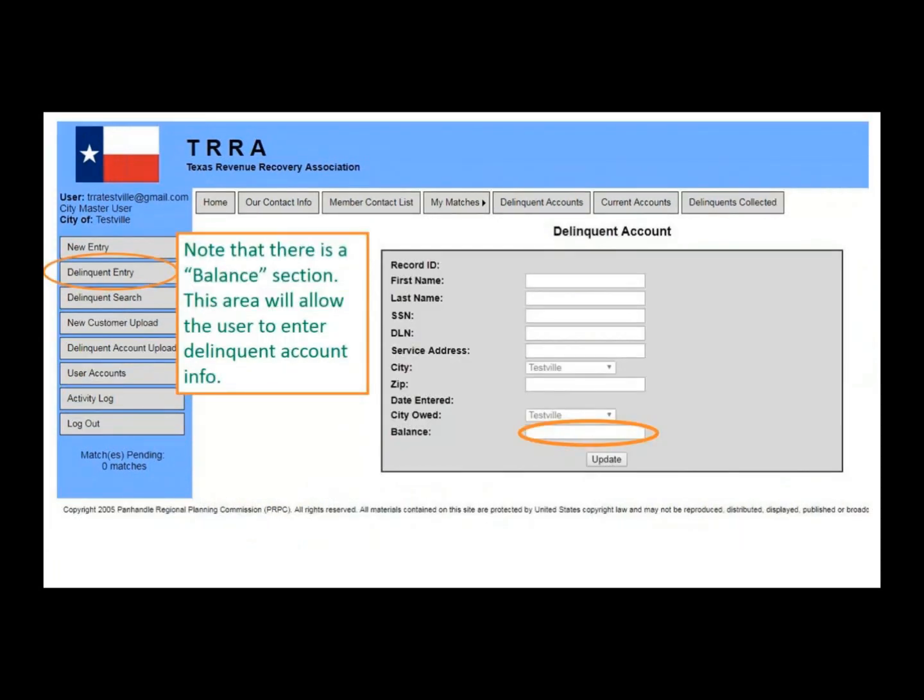This is what you would land on. As you can see, like I was saying before, the balance is going to show up under the zip, in the city owed. Down here, once you add this single customer, you can say update. It'll add it to the site as a delinquent customer. And like I was saying before, some smaller cities prefer just doing all of them like this. If you have the time, that's a possibility. If you have an encode, you can also extract the batch data and get a bunch of different delinquent accounts in at one time. Saves a lot of time also. We'll work with you either way.